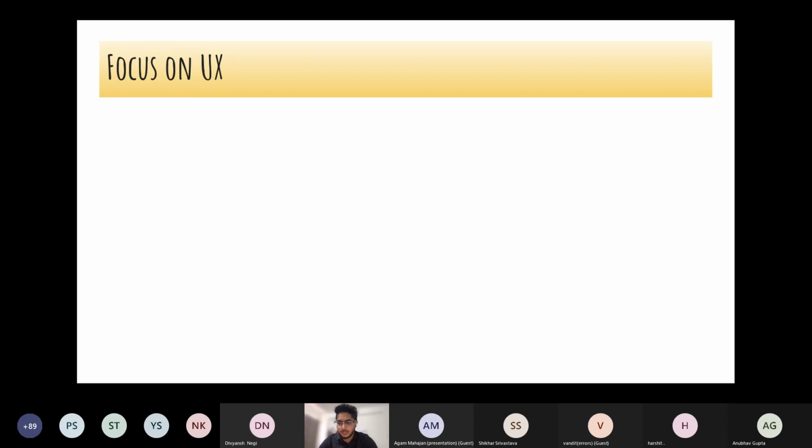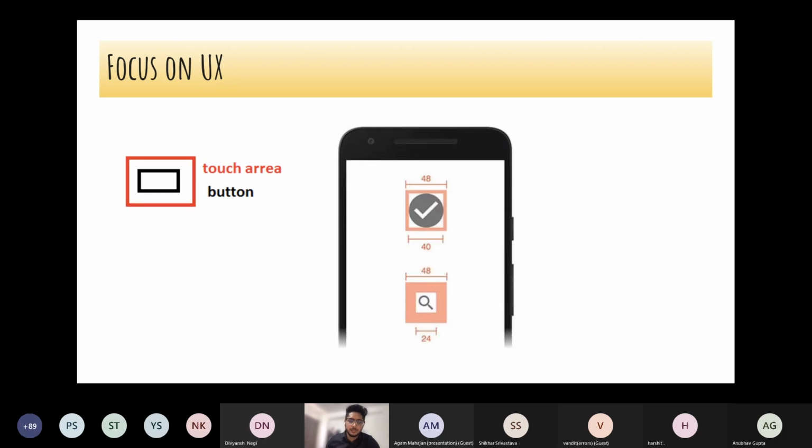Let me give you an example. In a lot of apps, on one page, there is a share button, or there is a search button, and the icons are very small. Let's say 20 by 20. So for the end user, there can be a chance where they are not tapping correctly. If I show you, let's say this search icon is there. If you see, it is very small. So there can be a chance that in the app, the user is not able to tap on the exact area.